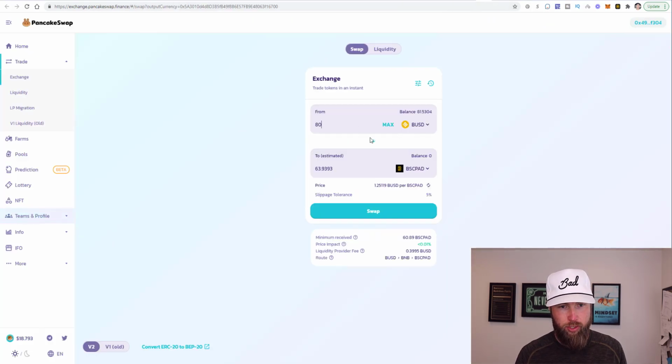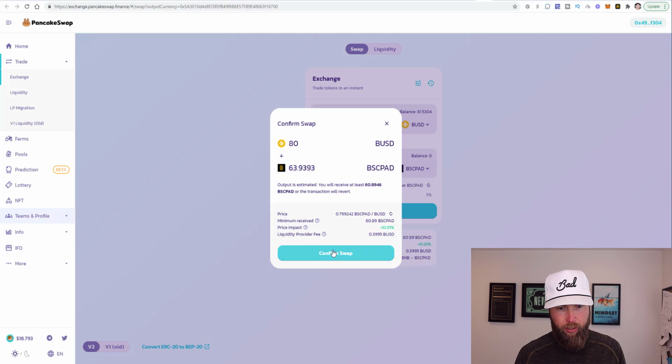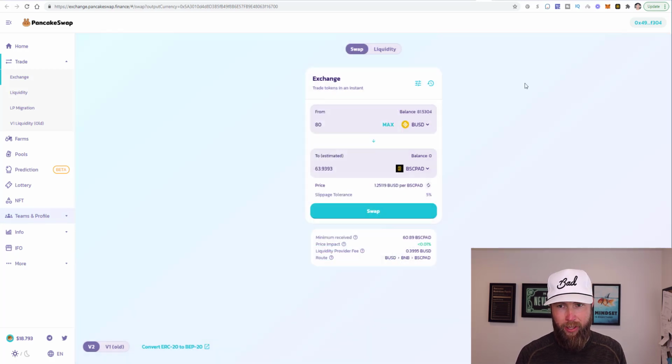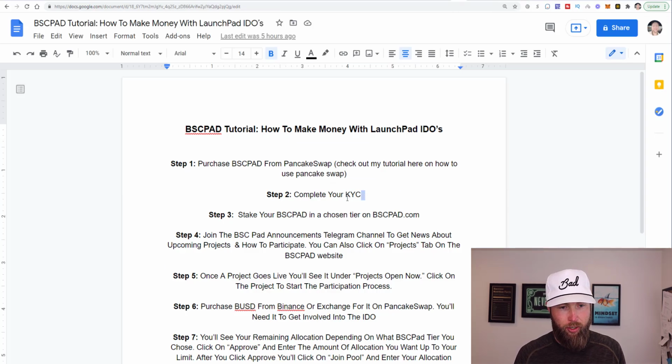So we simply, of course, select whatever token we're exchanging for BSCPAD. Then you're going to click on swap and then confirm swap, and that's going to be swapped out and added over to your MetaMask. Okay? Once you do that, you're going to want to complete your